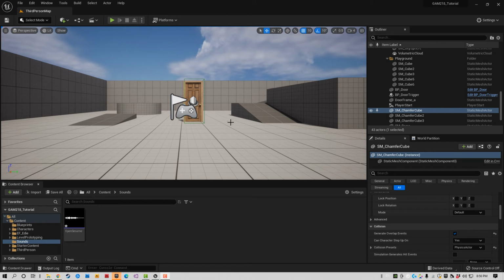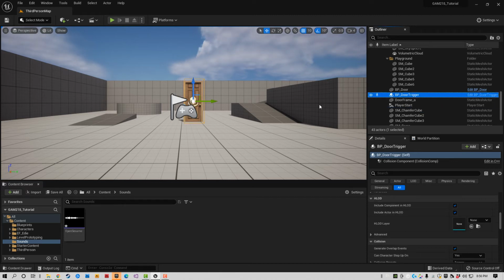So the next thing we're going to do is create a new type of door trigger. This door trigger is going to interact with our same door. So we're going to tell the door to open and close in the same way, except that now this door trigger is going to be operated not by entering this trigger, not by entering this location, but by pressing a key on the keyboard. So I'm going to remove the current door trigger that's inside of my world, leave just